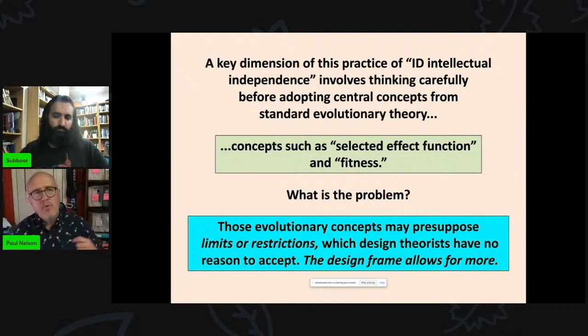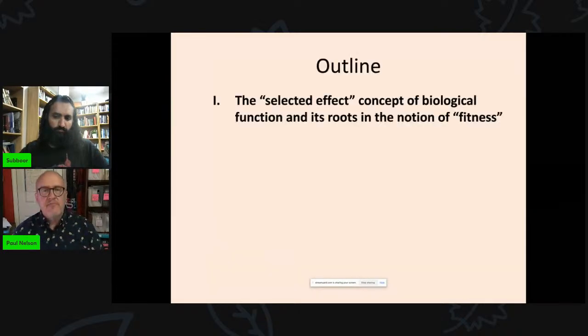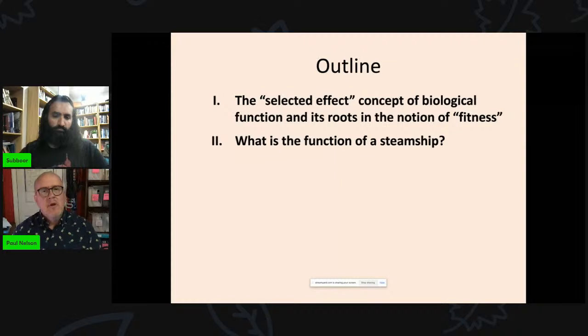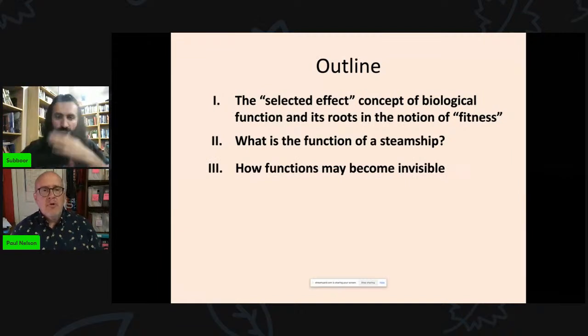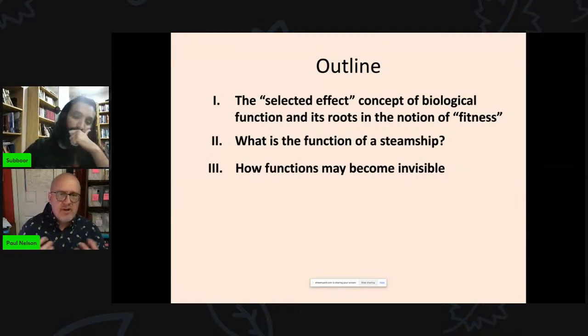They will turn out to be relevant when we come back to orphan and taxonomically restricted genes in the concluding sessions of this series. So here's my outline for today. We'll first explain what a selected effect function is and how it has its roots in the notion of fitness. Then we'll do a somewhat extended thought experiment about what is the function of a steamship. And if that seems odd to you now, believe me, it will be relevant and make sense in just a few minutes. Then we're going to ask in a more general way, how is it that a function can